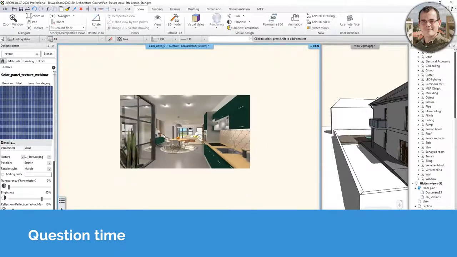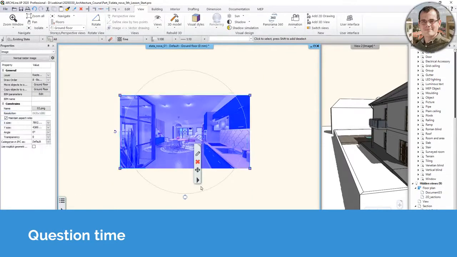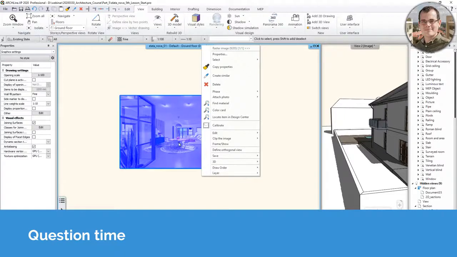And once you have inserted a raster image, then you can just hit the context menu and go to save as materials. So if you have, for example, a picture on the wall, and then